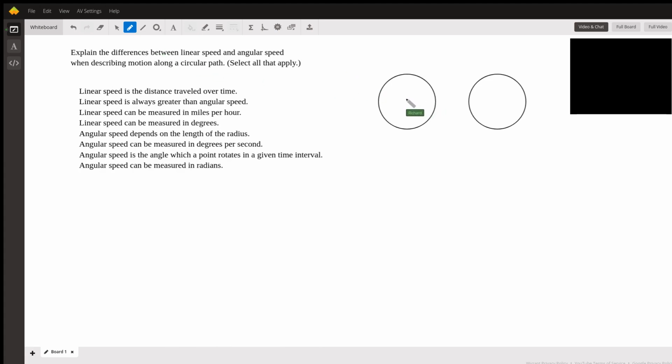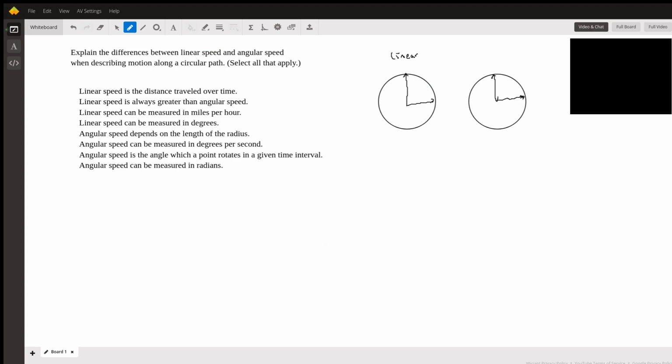So the difference between angular speed and linear speed. Let's suppose we start here and we end here. I'm going to do this same thing for both of these. So if I want linear speed, it's going to be this distance,